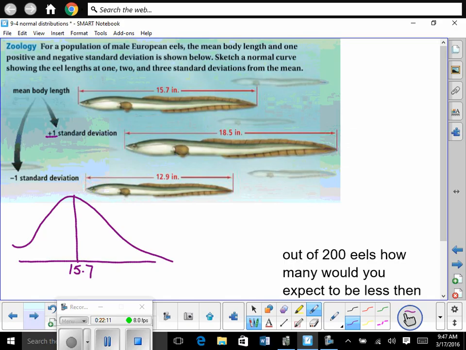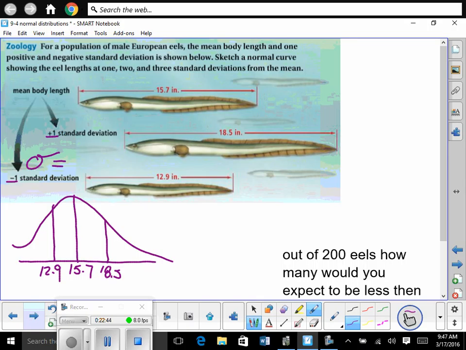Then it says 1 standard deviation. See this plus 1? That means 1 standard deviation above. This minus 1 means 1 standard deviation below. So it's saying the one above puts us at 18.5, and then the one below puts us at 12.9. So we've got to use that to figure out what the standard deviation is. Can we do that pretty quick? What would you do? Because if I need to draw it to 2 more standard deviations, what would we do? Find out